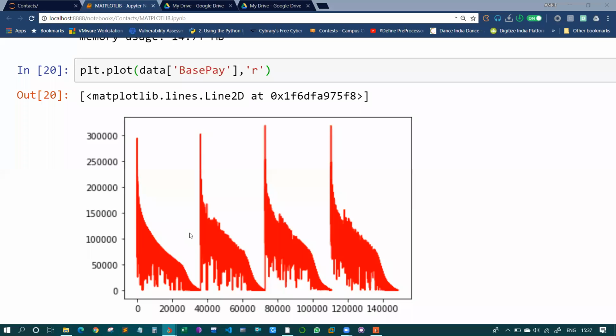But if you're working in any organization, especially in this field, there is one part that is data visualization. For data visualization, you need to have an idea of what is matplotlib, what is Seaborn, and if possible, somewhat of Tableau.